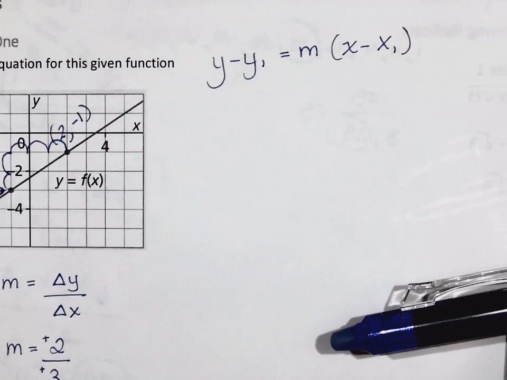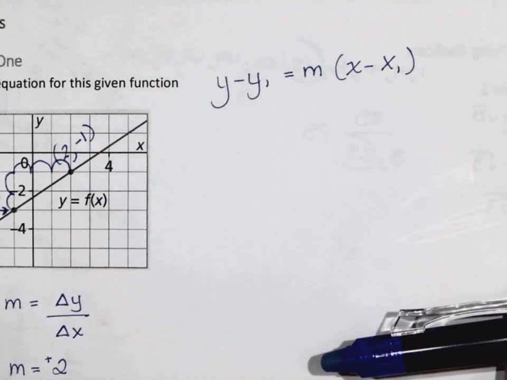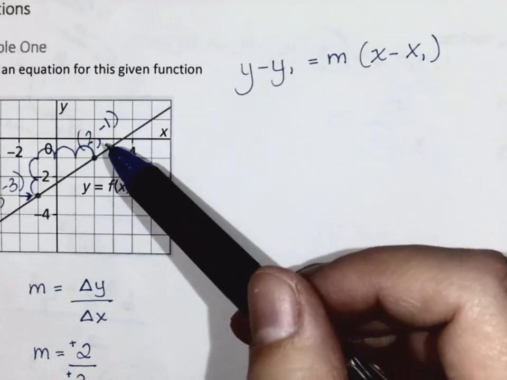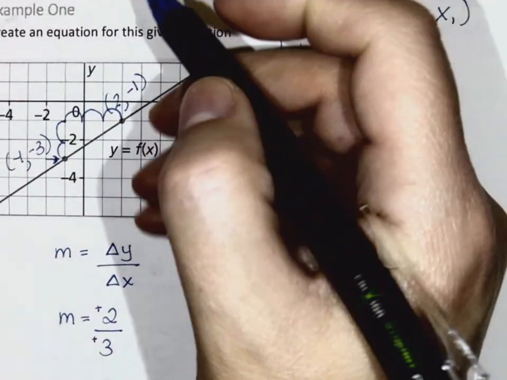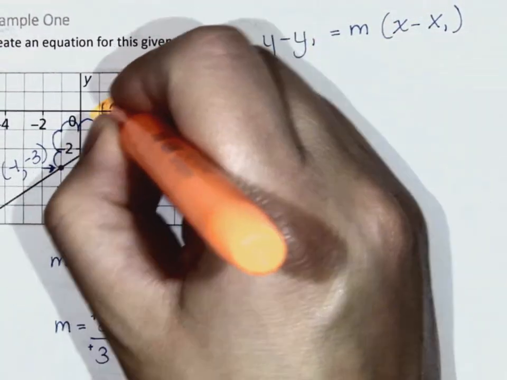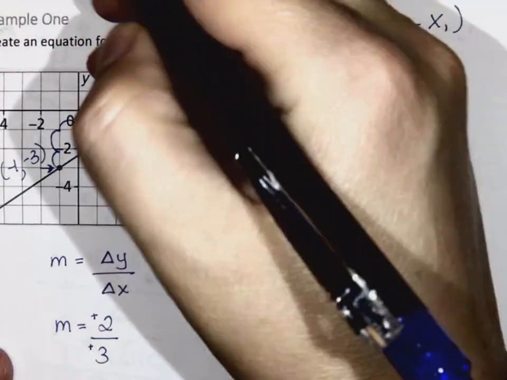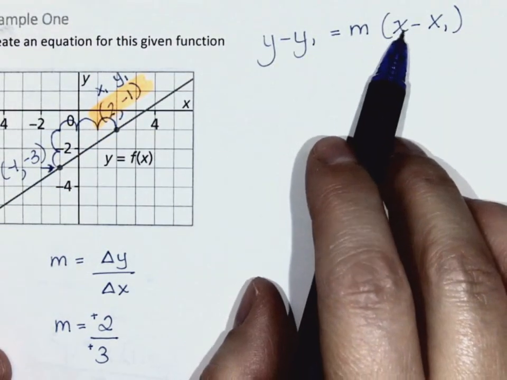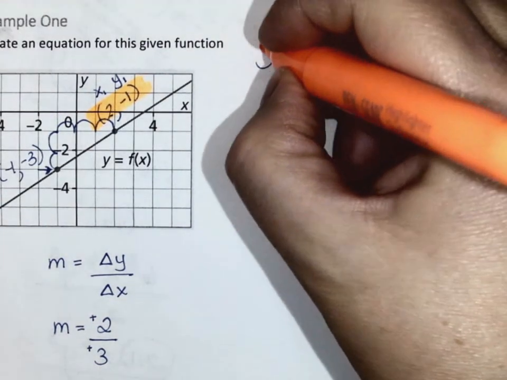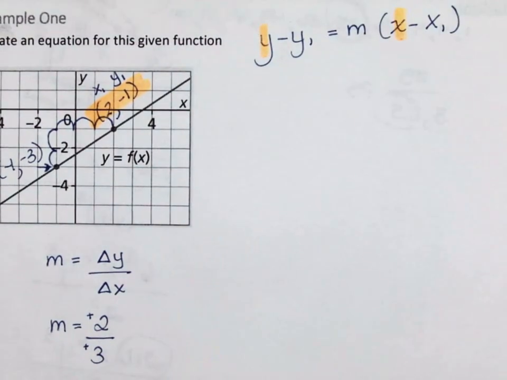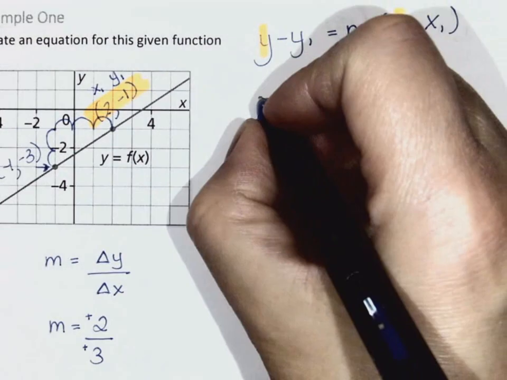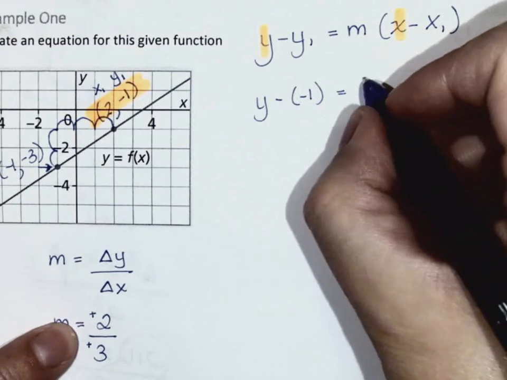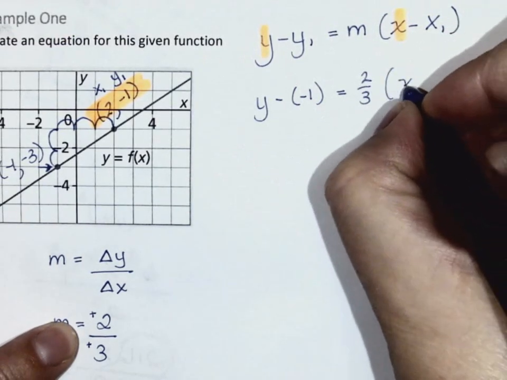All right. So I needed that, so that's good. And now I just need one of these points. I needed both of the points to find my slope, but I just need one of them. It doesn't matter which one you use, but I think I'm going to use that one. So this is going to be my x1 and my y1. Your y and your x stay put. They're locked into the equation. We don't substitute those in. They stay as variables. So we're going to have y minus a -1, m, which we found was 2/3, x